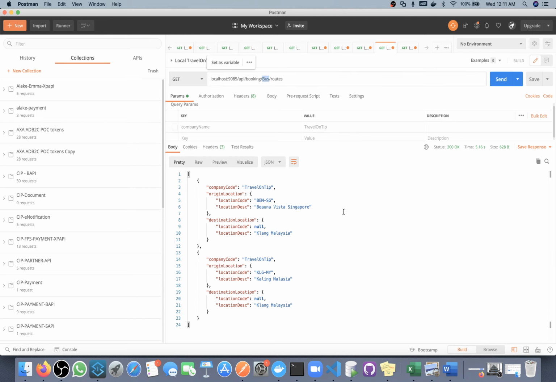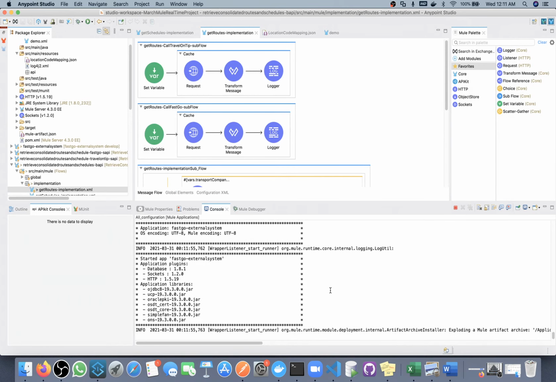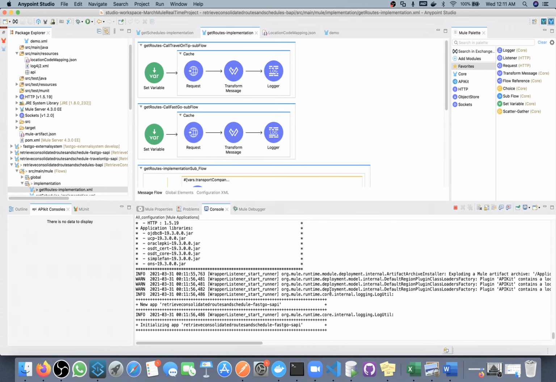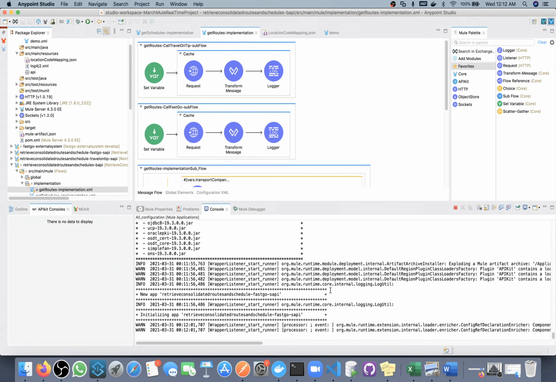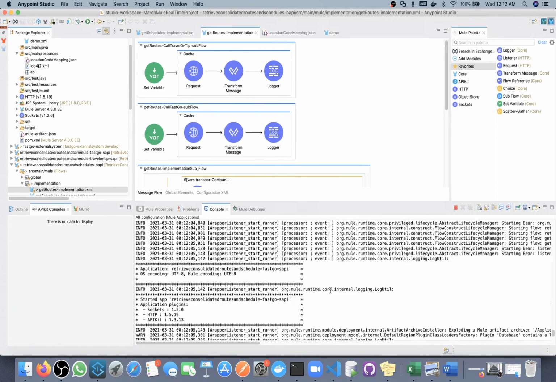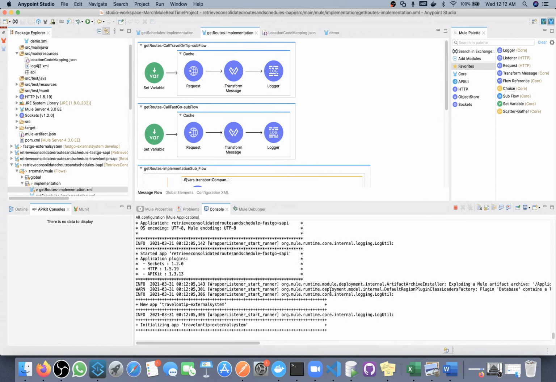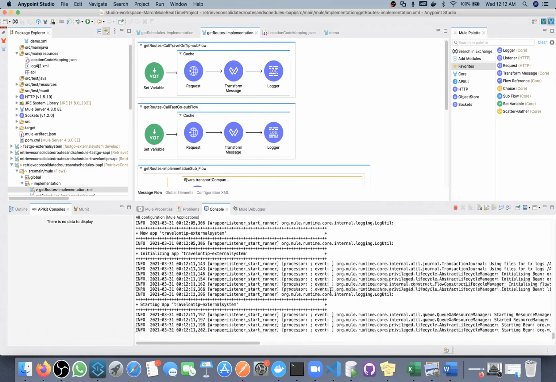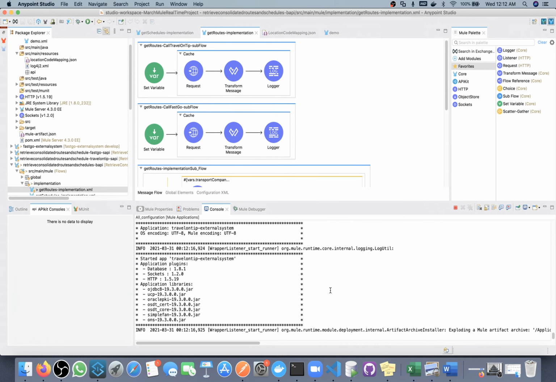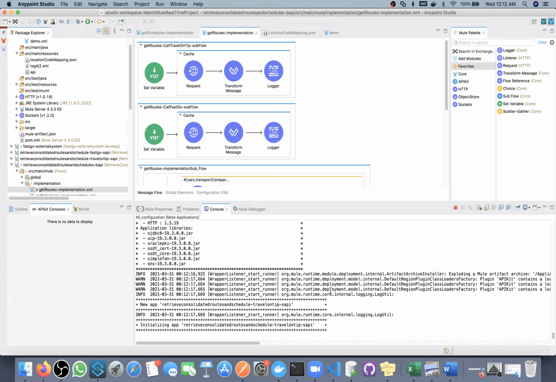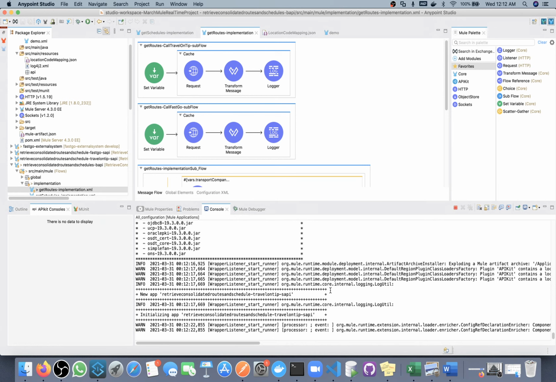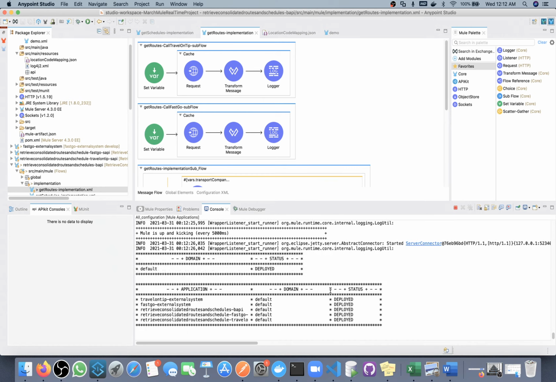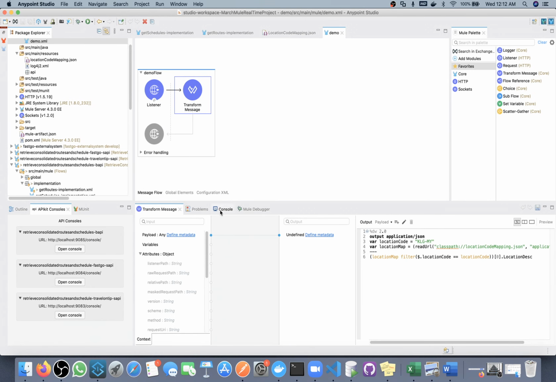And let me change this bus to train, so we will not get data from cache, and we will do a fresh call. Okay, so deployment done.